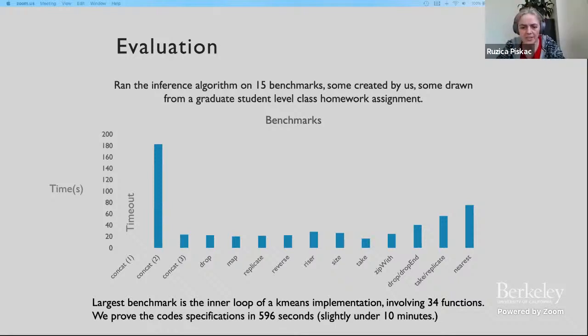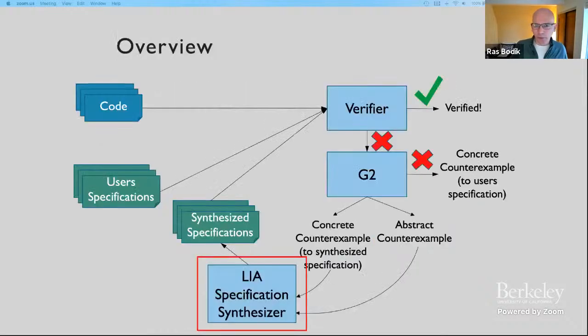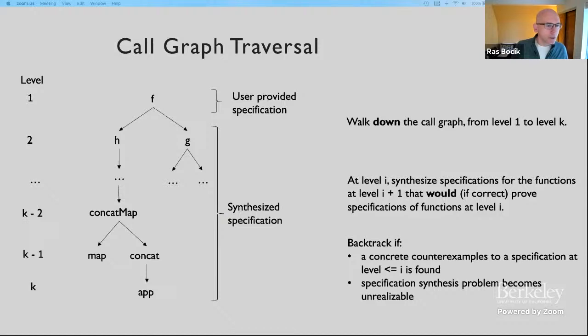Are there more questions? Bill, nice talk. Can I trouble you to go back to the slide where you talked about going from layer K down to layer 1 and what happens there? It'll be easier for me to formulate my question. So the specifications you synthesize for modules' functions are specific to the user-provided specification, right? Kind of tailored to that. And since you walk down the graph,